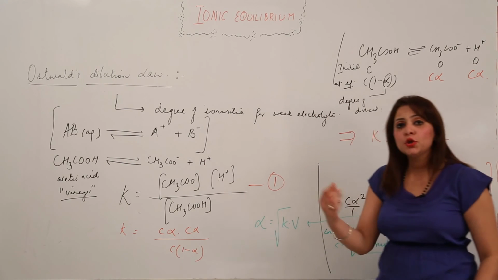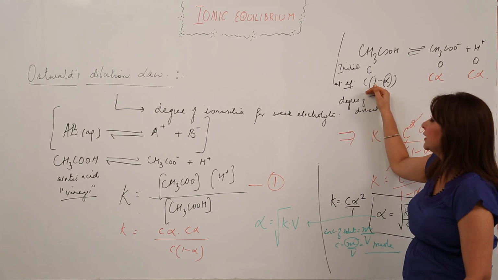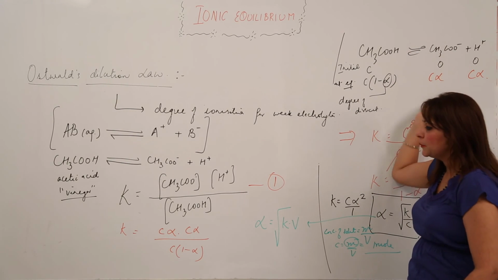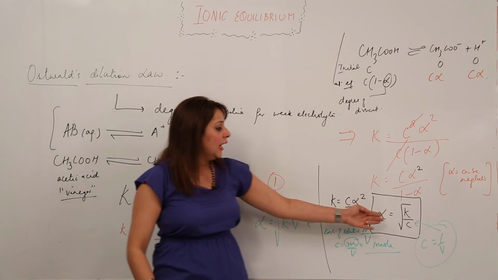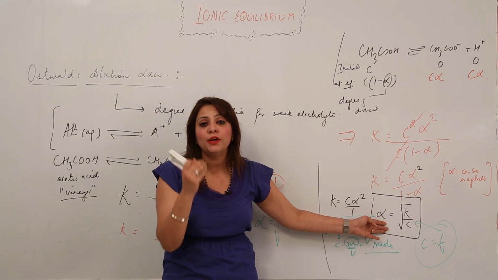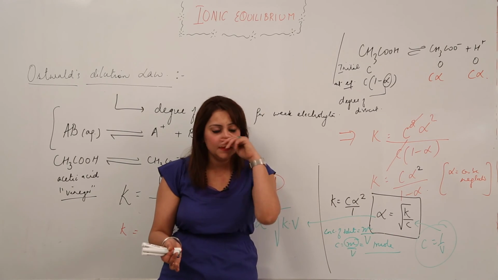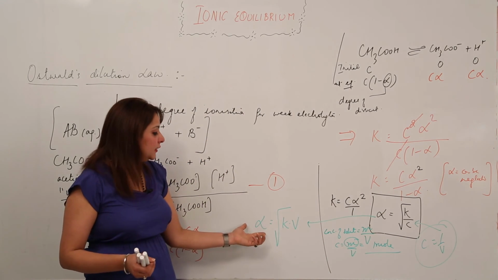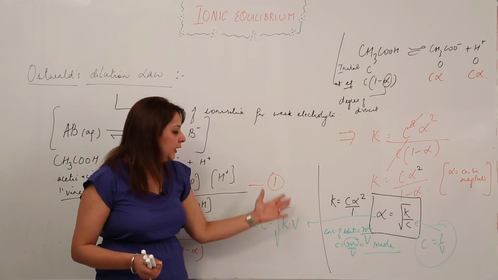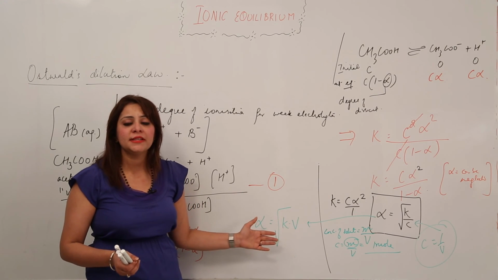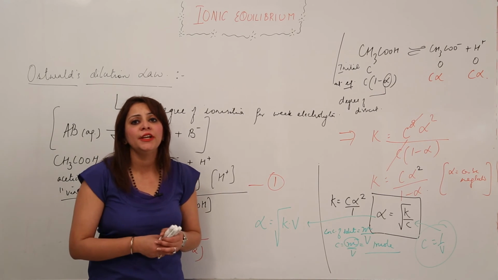Then I took the concentration values as C initially and 0, 0, and at equilibrium C1 minus alpha, and C alpha, C alpha. I just substituted these values and solved the equation, and what do I get at last? Alpha is inversely proportional to the square root of the concentration, and by putting the value of C we can transform this law in terms of volume. That is, alpha, the degree of dissociation, is directly proportional to the square root of the volume of the solute present, the volume of 1 molar concentration of solute present in the solution. So this is actually the Ostwald dilution